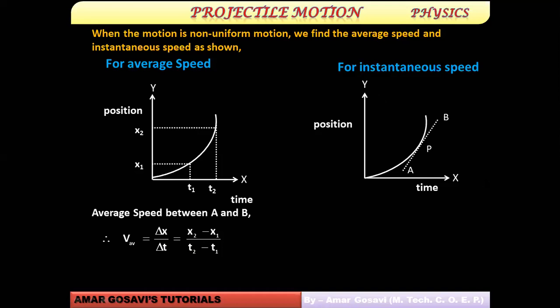Okay, so AB is that tangent. And obviously, it's touching the curve at point P. And I take the slope of this tangent. Okay, so if I take the slope of this tangent, I get the instantaneous speed at point P. Now, if I want it at some point Q, I will place the tangent at Q and I'll take its slope. The slope of this tangent will give you instantaneous speed, but numerically, how you represent instantaneous speed, this is something to be thought over.